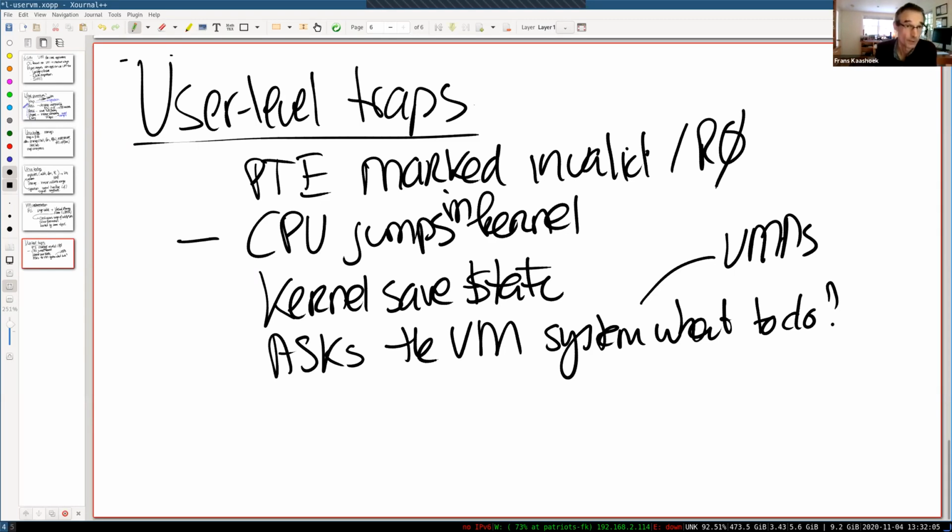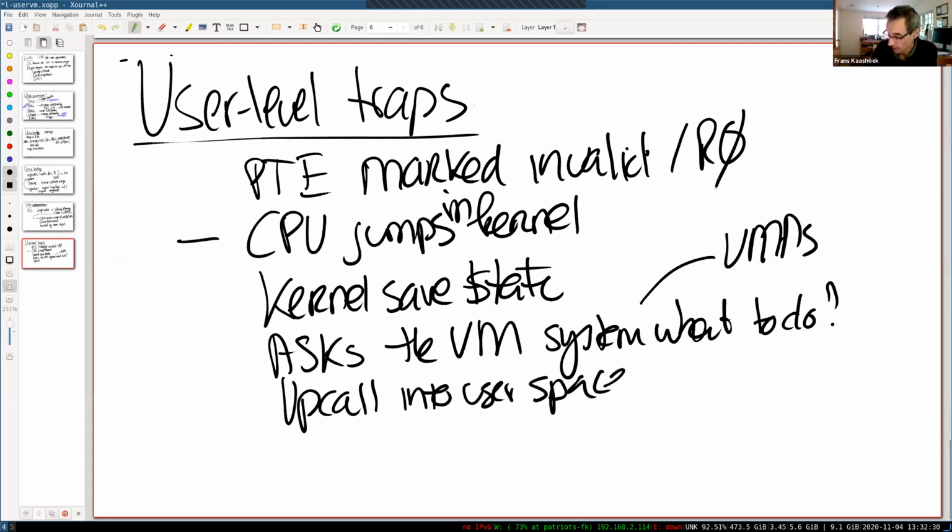If it is a segfault and the application had installed a handler to deal with it, then the event would be propagated to user space. Let's say there was a handler installed, then we're going to get an upcall into user space